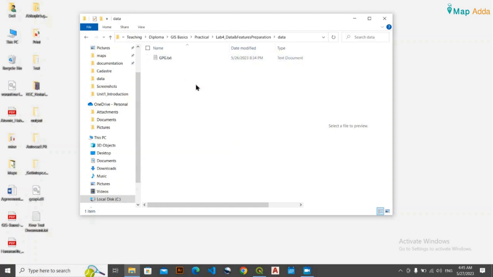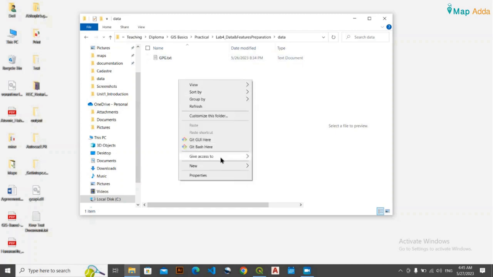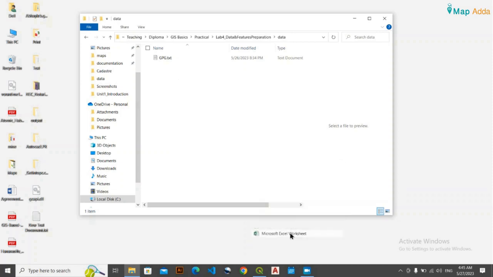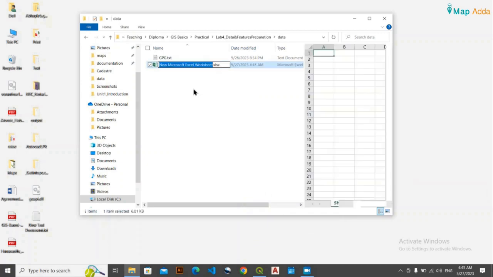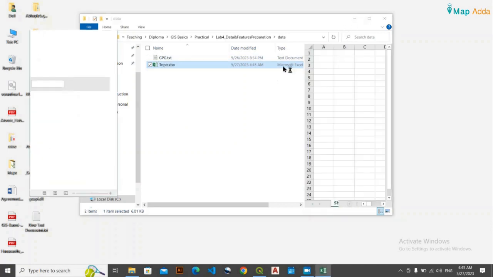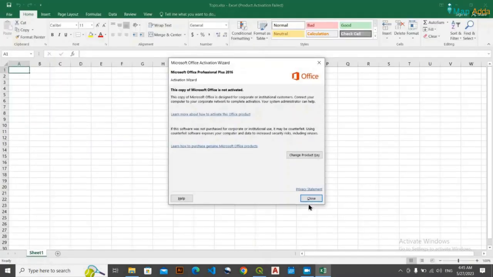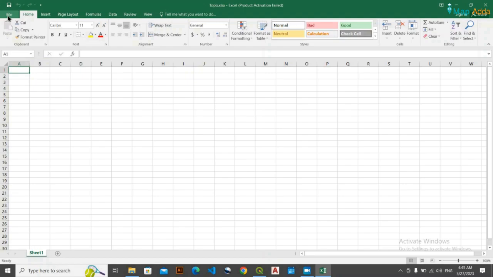For this, what you need to do is just create an Excel sheet. Just right click and create an Excel sheet. Suppose here is the Excel sheet. Let's say I will keep its name topo and open that Excel sheet. And once you open that Excel sheet, you simply need to go to this